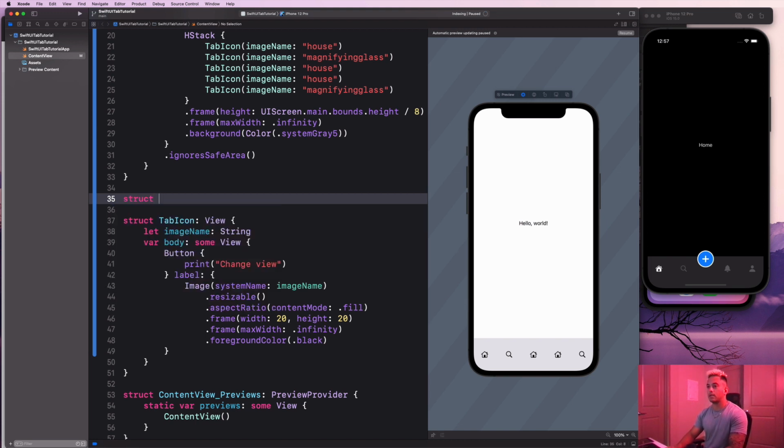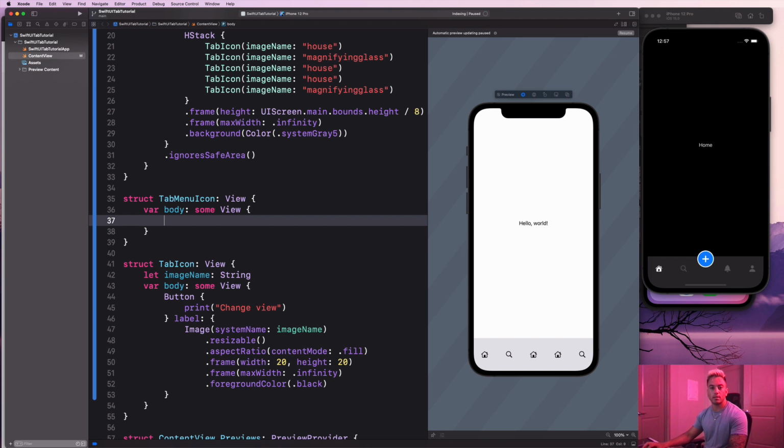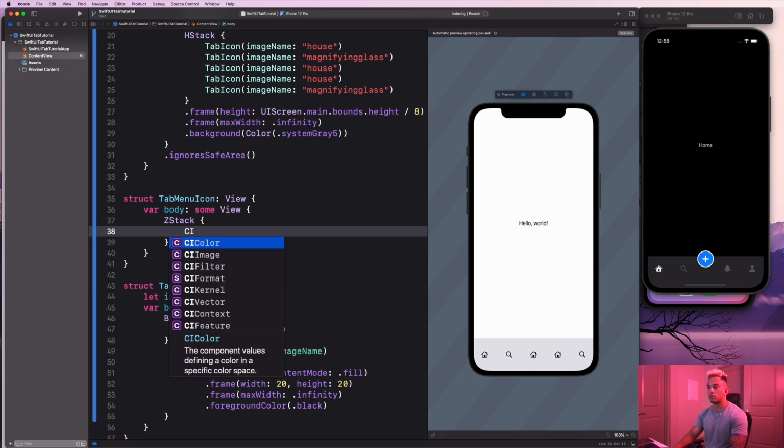So let's say struct TabMenuIcon, or TabMenuButton. We could say icon, doesn't matter. And it's going to be a View, and we're going to say var body: some View. Okay. So let's look at what we need to do to create this. So we're going to create a ZStack for this, right? Because essentially, guys, it's just going to be a circle with an image on top of it. So it's going to be a Circle